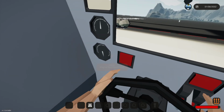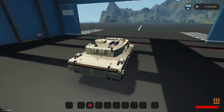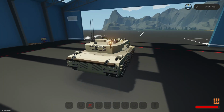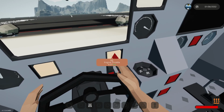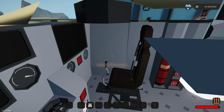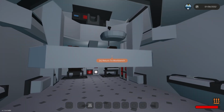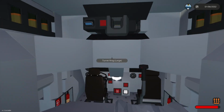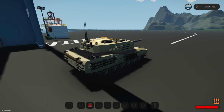So we'll jump in. We'll go ahead and turn on the beacon light first, because I've not actually even seen beacon lights in this game just yet. I've not even had a look at them, but yeah, that's pretty cool. I'm assuming you can slow down the speed of it, but I don't really know. Interior lights, that seems okay. We can actually get around them. We can jump up here, get back down the other side. These I'm still not sure about, but it's fine. And we can see up here as well. Very good. And then if we change it...